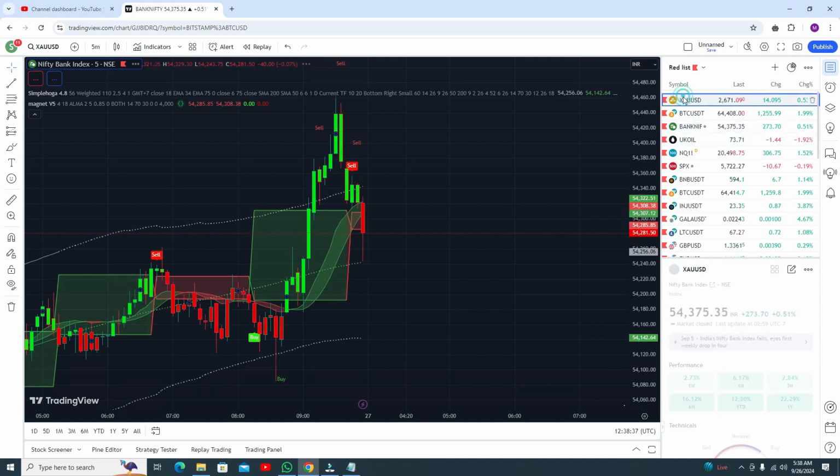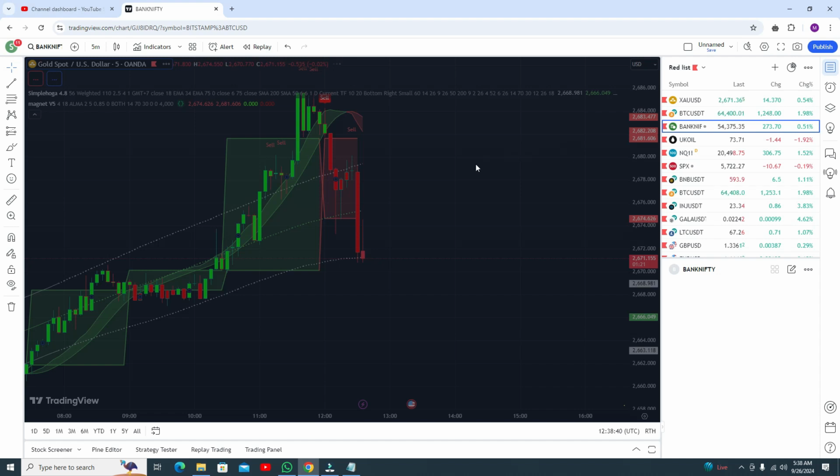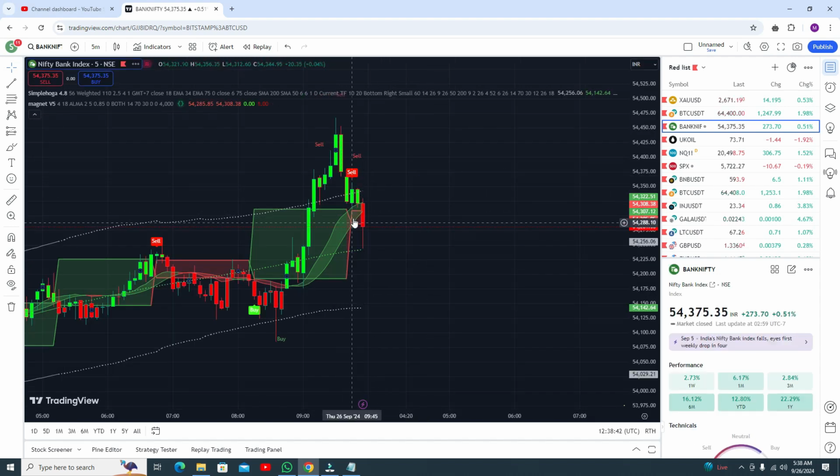Okay, in the Bank Nifty, let me show you. It was actually very good, like this one. This one is a live demo example. Okay, this one is actually a buy trade, because the shadow is green, so you can go for the buy trade. You got both buy signals, and now from this point you can see sell signals, both sell signals, and the shadow is now red. So you need to go for the sell trade, and you need to book your profit at this point when the candle touches the lower band line.